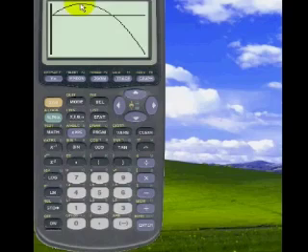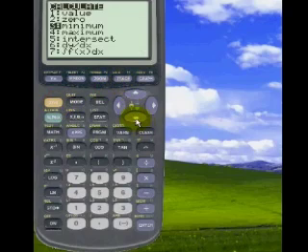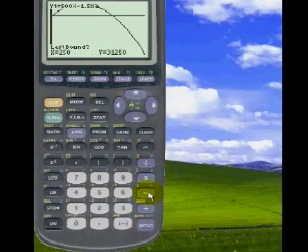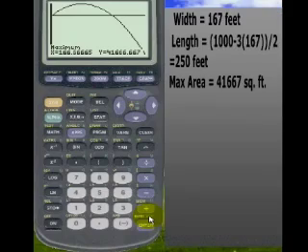Here we have the maximum. We want to find the maximum. We go second trace, scroll down to maximum, enter, scroll to the left of the maximum, hit enter, scroll to the right of the maximum, hit enter, enter again, and we see that the maximum, a width of 166.66 or 167 feet, gives a maximum area of